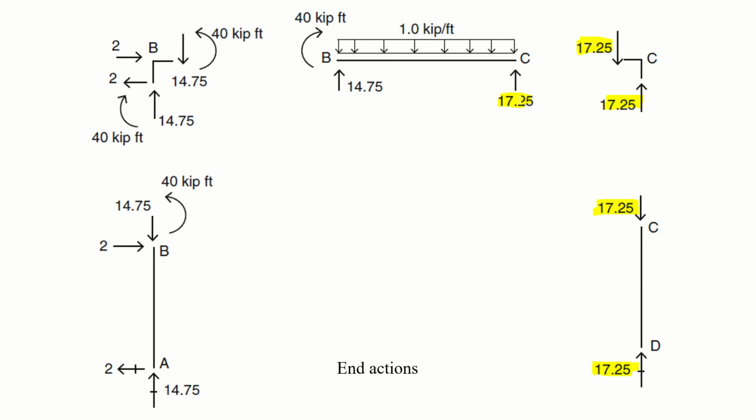So 17.25 is acting upward, 1 into 32 is acting downward. So 32 minus 17.25 leaves 14.75 at joint B. Also, this force is causing a bending moment in the clockwise direction, and this force is causing a bending moment in the anti-clockwise direction. The resultant will be an anti-clockwise 40 kip-ft, and you have to resist this, so you have to apply the 40 kip-ft of bending moment in the clockwise direction. This is your final bending moment and final force at joint B.